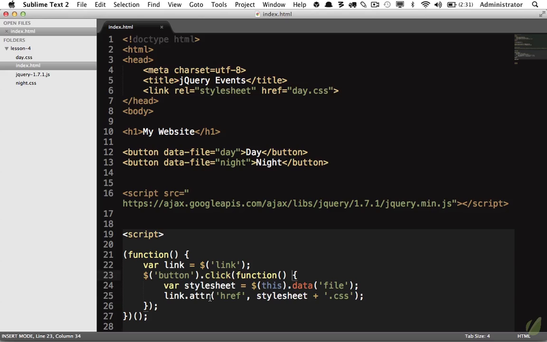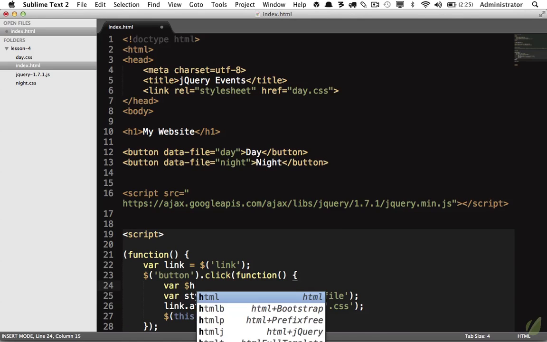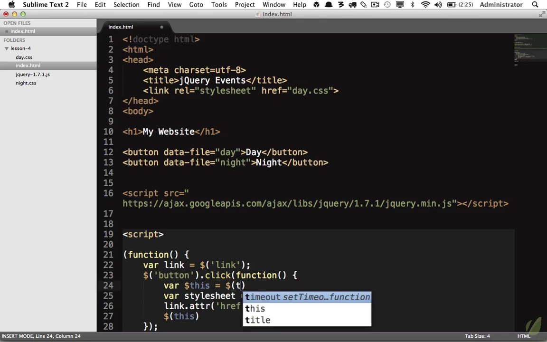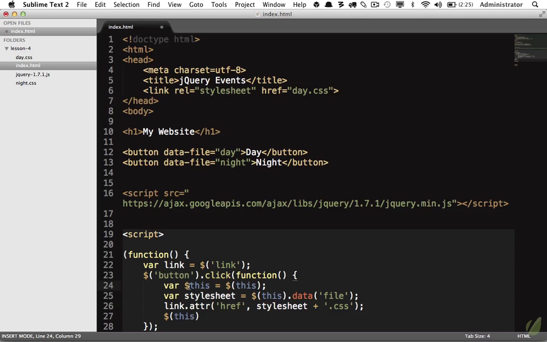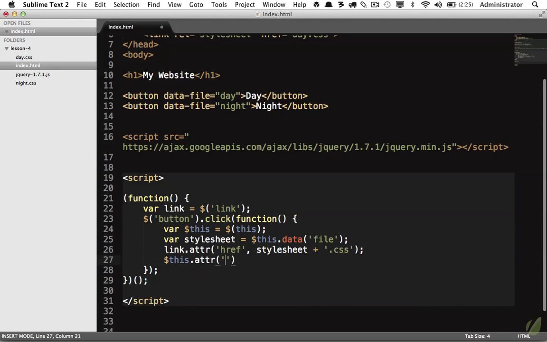So when a button is clicked, we are going to update the link attribute. And then at the bottom, we're going to say get this. But remember, once again, I'm now using two jQuery objects. So I'm going to stash this or cache it. And a very common thing you'll see is to use the keyword this and prefix it with the $ sign. Now, some people don't like this, but I think it works fine. And this is an easy way to let us know, hey, we actually have access to those jQuery methods in this variable. Now I will replace it, and right here, we're going to say $this.attr disabled